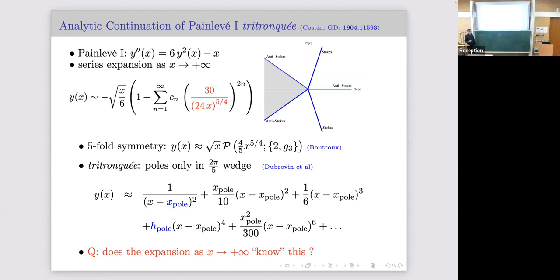So the question is, suppose you do this expansion at infinity, but you only do it to certain terms. Do those coefficients know about this? This would be a manifestation of resurgence: that the perturbative expansion knows something about the expansion of the function in other regions, even though you've gone through these nonlinear Stokes transitions going from one region to the next. Is it in those coefficients Cn? And if so, how do you extract it?